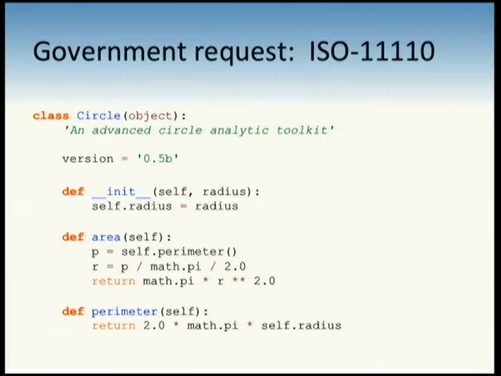1110, I made that one up, says that you are not allowed to use the radius here in the area calculation. Instead, you must call the perimeter and then back into the radius. The reasoning for this is that at one time they divided a perimeter into an area and they had an inconsistency between the two and it caused an airplane crash. A lot of government rules and regulations that seem arcane almost always have a catastrophe behind them, so there's actually legitimate reasons for other silly rules.